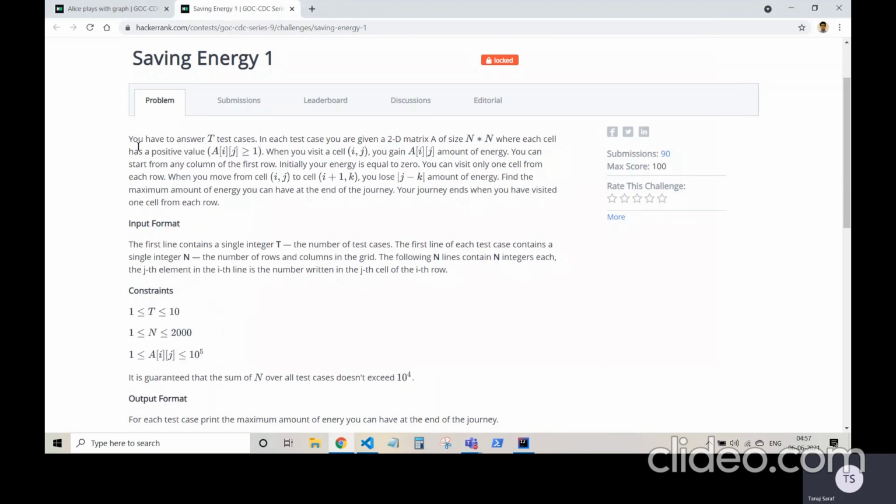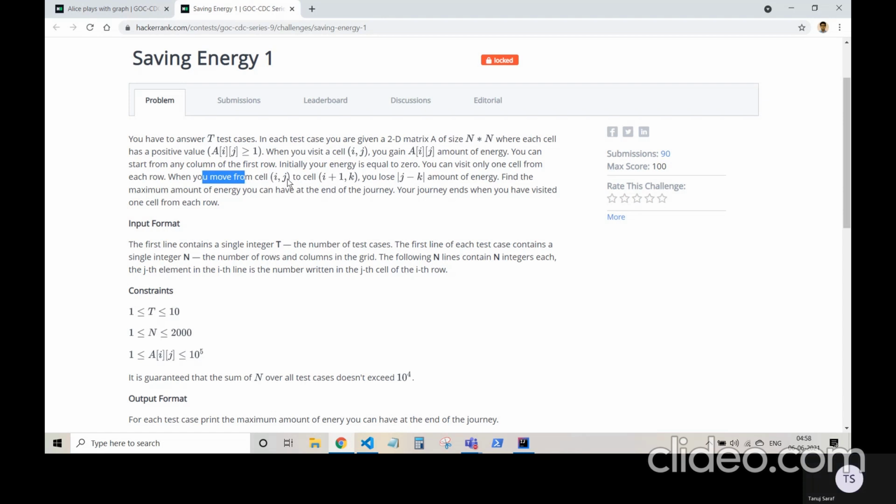Okay, so saving energy one. This is a nice question. So in this what we are given is that we have a 2D matrix of size n cross n and each cell has a positive value aij. So when I visit a cell aij, I gain a certain amount of energy which is equal to the value of the cell, and when I move from one row to the next row, then I lose mod of j minus k amount of energy. That is the absolute difference between the two columns in the ith row and the I